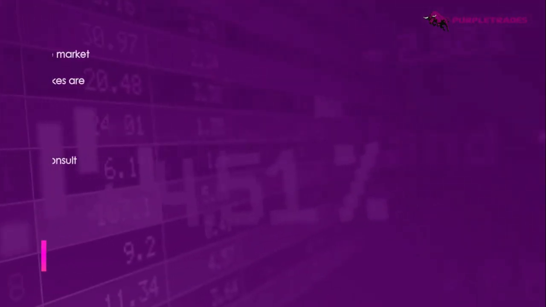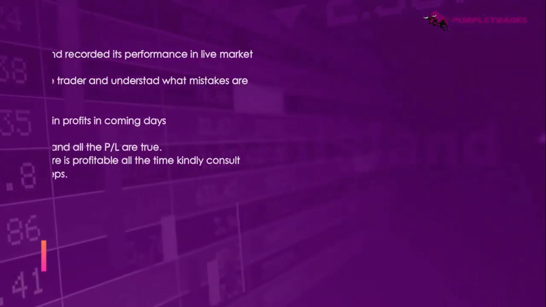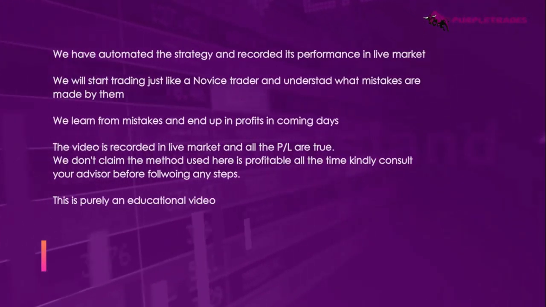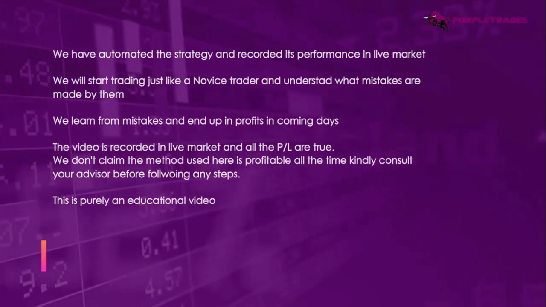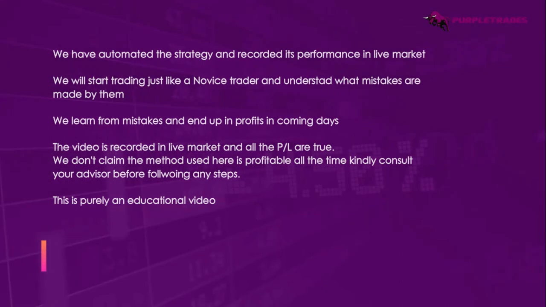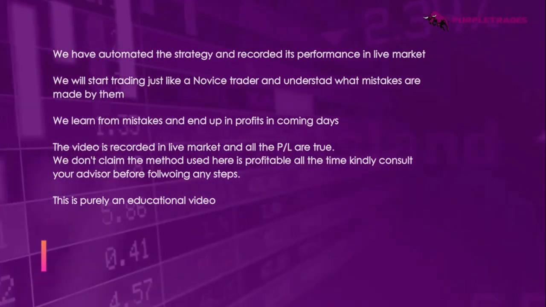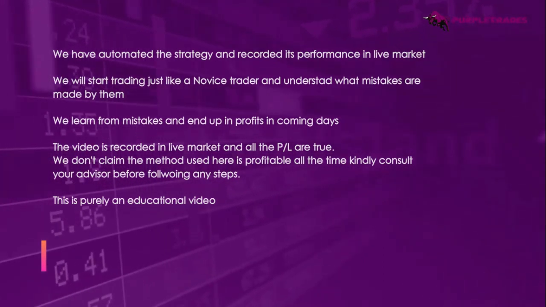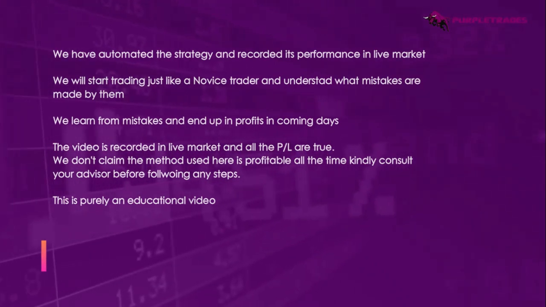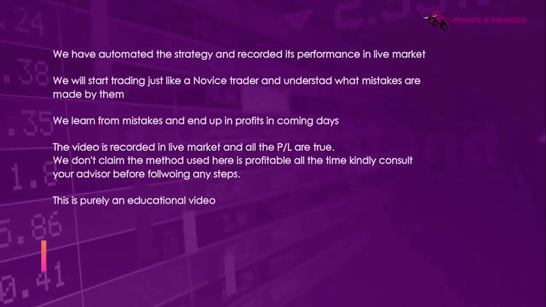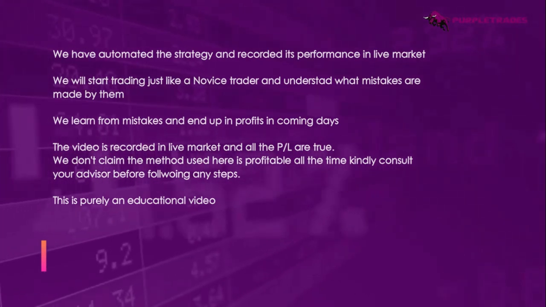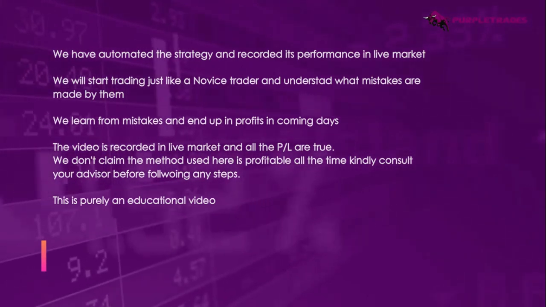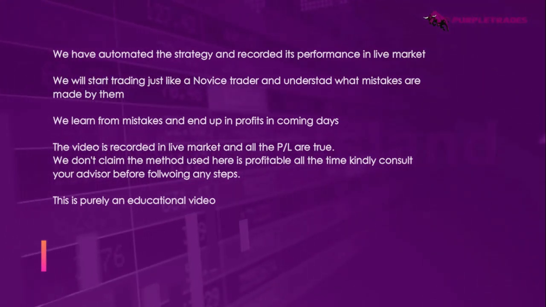In today's video, as the name suggests, I'm going to show you how an Algo trader starts his trading in the market, how he makes mistakes, how he improvises, and with a proper, disciplined trading system, how he will eventually make money. So in today's video, I have taken a normal trader's mindset and a random strategy, Supertrend with Martingale to be very precise, and I have applied it on several days to check what profit and what loss I make, what the learning is on each and every day, and how I can build a profitable system that would consistently make money.